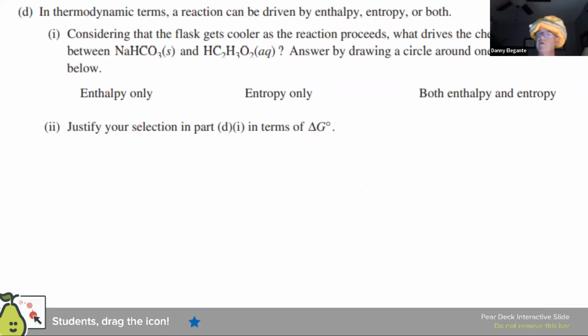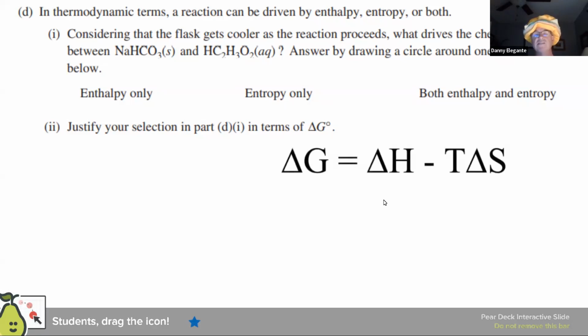Now, you have all hopefully seen enthalpy, delta H, right? In Unit 9, we also get into entropy, and we also get into delta G. So just in case you don't know, entropy is the amount of chaos or disorder in a system. And enthalpy is, remember, the change in energy. So nature loves